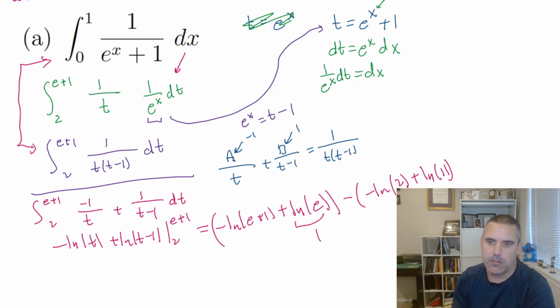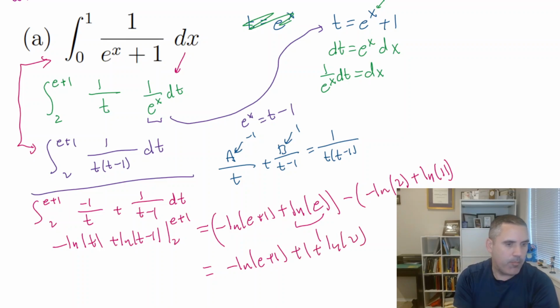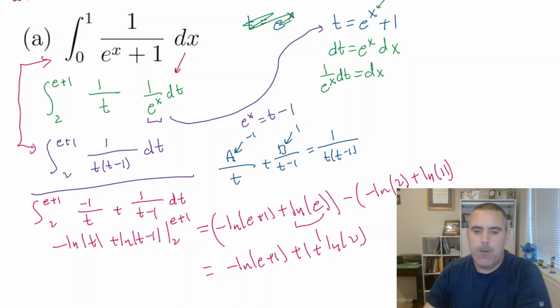That's a 1, that's a log of 2, so it just depends on how you want to write this. Negative the log of e plus 1 plus 1 plus the log of 2. Yep, that matches my solution. Success. Okay, so let's